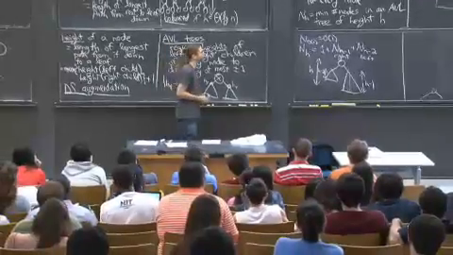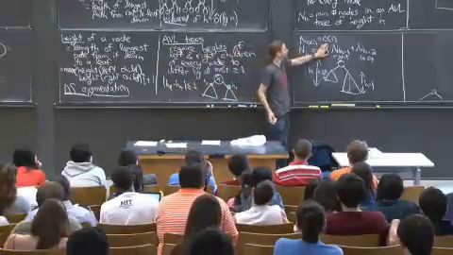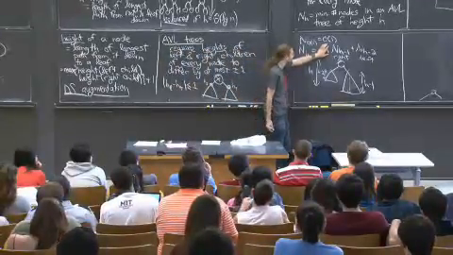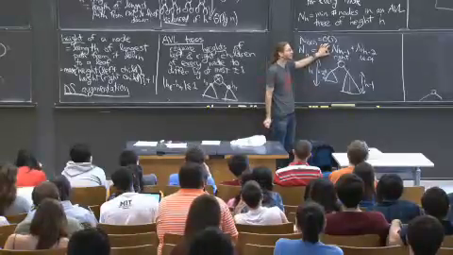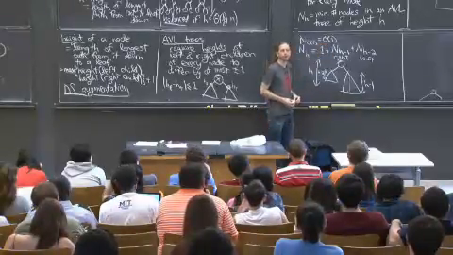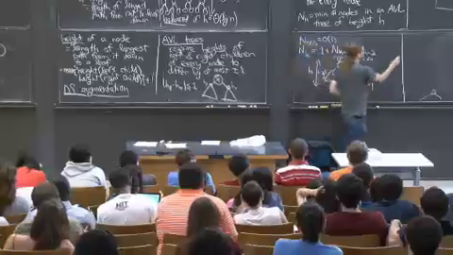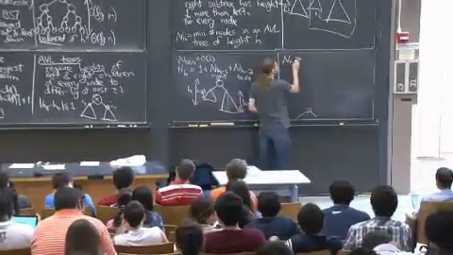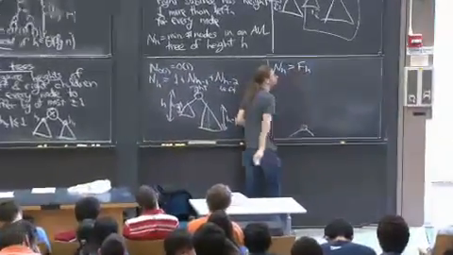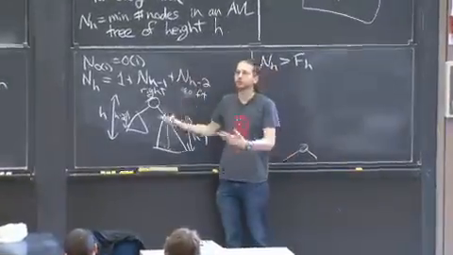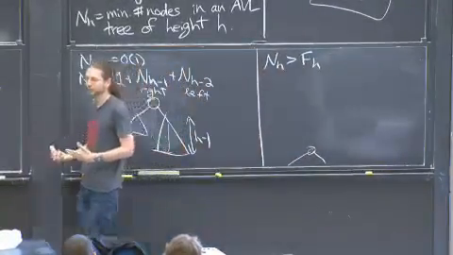Fibonacci. It's almost Fibonacci. If I hid this plus 1, which you wanted to do, then it would be exactly Fibonacci. OK, well, that's actually good, because in particular, n sub h is bigger than Fibonacci. If you add 1 at every single level, then certainly you get something bigger than the base Fibonacci sequence.